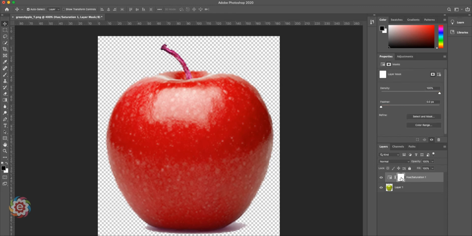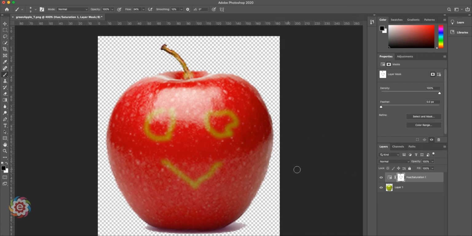But if I click on this mask and I get a paintbrush and I make sure it's on black, I can make the paintbrush smaller by hitting the left or right bracket keys. And I can paint on this mask with black. And what it's doing, it's blocking that hue change in those areas where I paint black. So watch this. See, wherever I drag the paintbrush and paint with black on this mask on the right, it's going to block